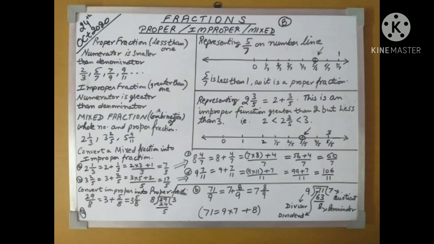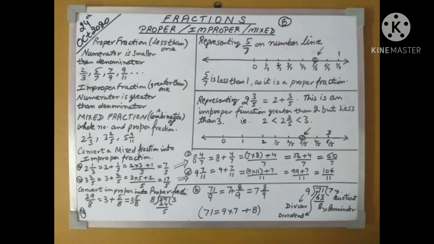Now see how to represent these fractions on a number line. I am giving an example of 5 by 7 on the number line. Just keep in mind that 5 by 7 is less than 1, right? Because it is a proper fraction. The denominator is more than the numerator, right? So we will write on the number line as shown, we will mark 0 and 1. And in between these points, we will divide it into 7 parts, right? And on the 5th point, if we mark, we get the point as 5 by 7.